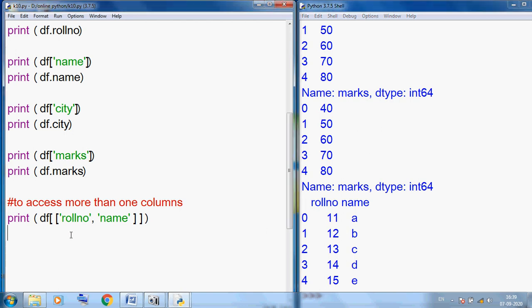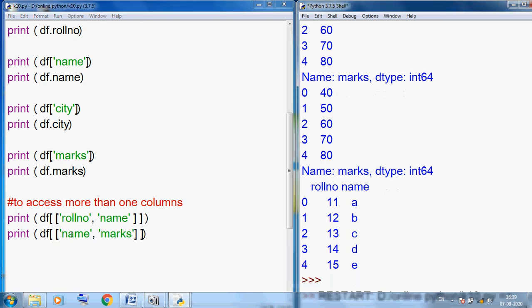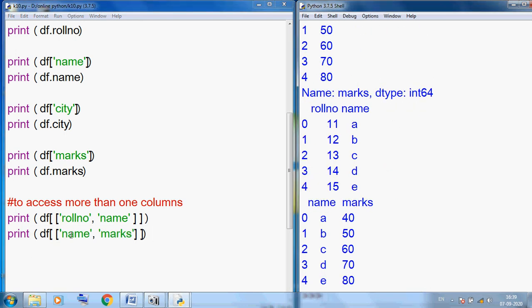Suppose you want to print randomly, you can also select more than one column, but you can use this style. You just remember this thing, name, and suppose you want to see marks. When you have a very big table, we can display only our desired data. So you can see this is our name and this is our marks.